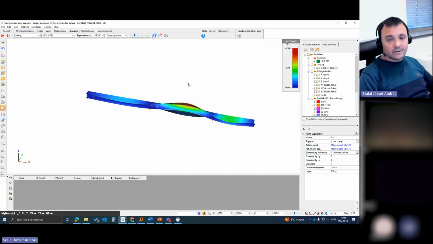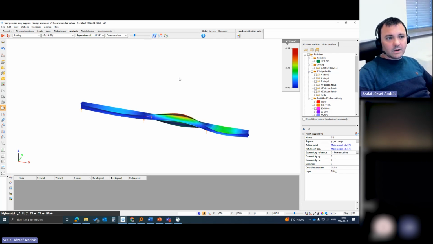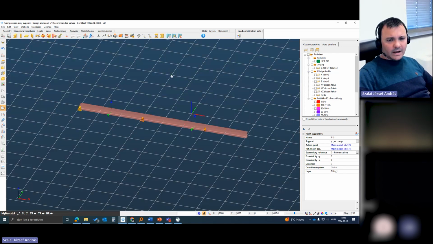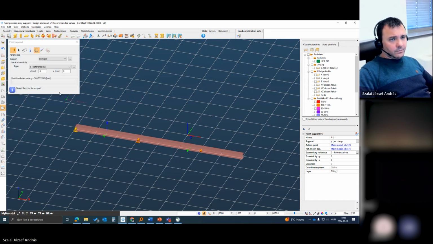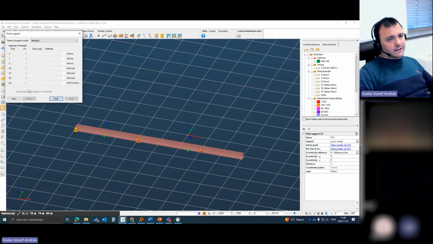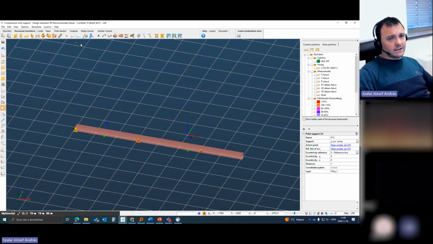It is quite similar to how the tension bars work. And one more thing, this element always considers the local coordinate system of the support and always acts in the local Z direction. That's why here we can see this tool: compression only support in Z direction. So if we want to apply it, for example, in another direction, not vertically but horizontally,